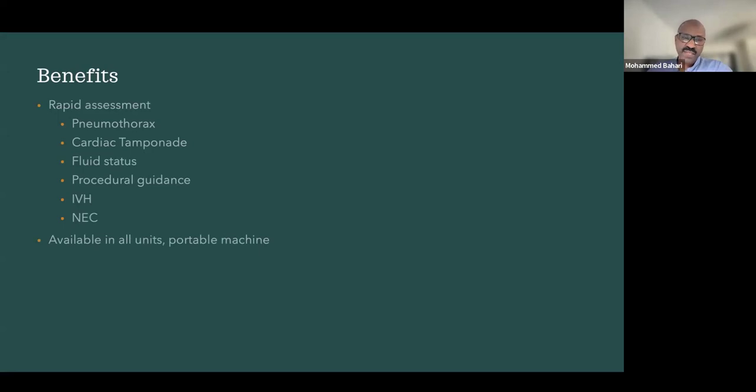The good thing is that nowadays there's always an ultrasound machine around in the unit, even if the transport team doesn't have one. Portable machines are available nowadays, and there are even probes that you can attach to your mobile phone. It doesn't give you the best quality images, but at the bedside you don't look for that accurate detail. It can improve decision making and treatment and enhance patient safety by taking the patient straight to the right place rather than